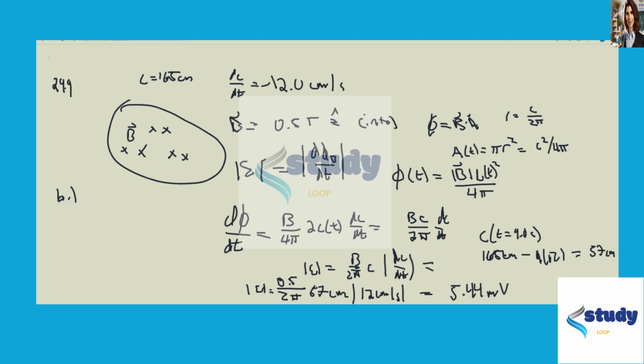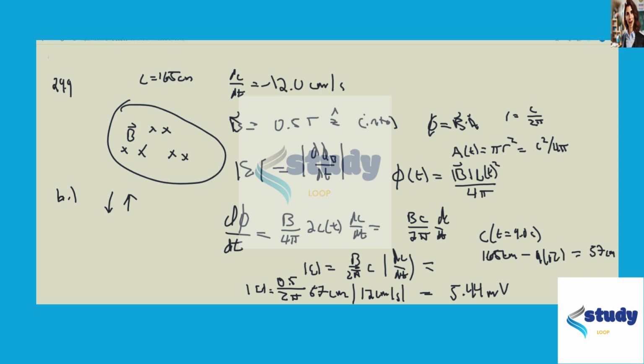So now let's do part B. B asks, find the direction of the induced current in the loop as viewed looking along the direction of the magnetic field. Okay, so if we're looking along the direction of the magnetic field, the positive flux is decreasing in magnitude. So we want an induced current that is going to increase the flux to oppose this decrease, which means